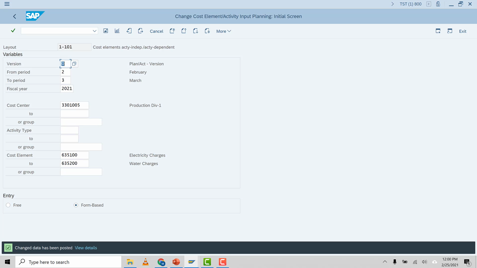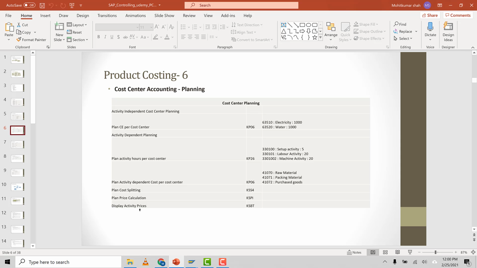So the next step as part of cost center planning is planned cost splitting. In this case, what the system will do, it will take the cost in the cost center which is not activity dependent and will equally split it among the activities performed in the cost center. So